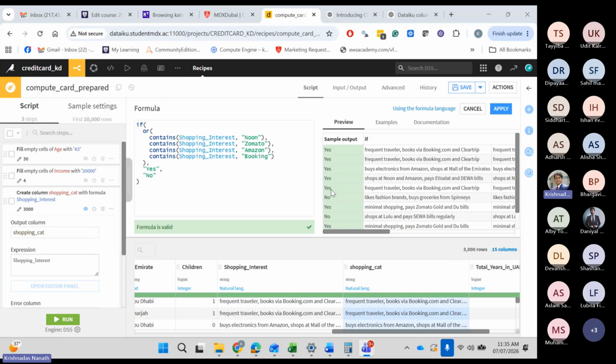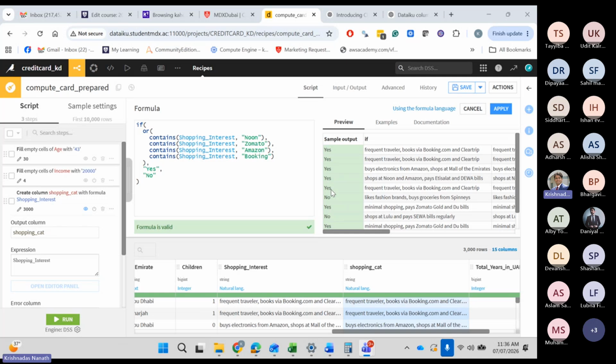You didn't mention the column name, so you'd better use GPT and mention the name of the column is shopping interest.